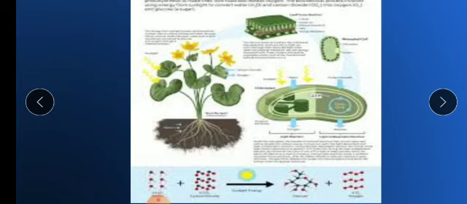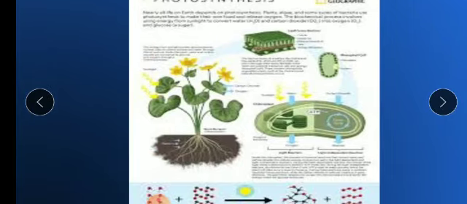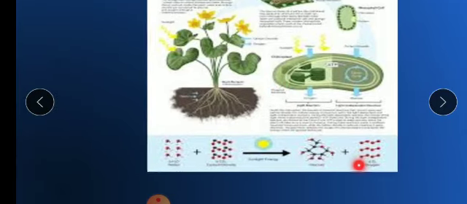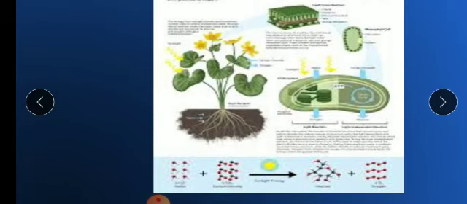Now, the mechanism of photosynthesis, I have explained in my videos: photolysis of water. Due to the action of sunlight, the water compound is split into hydrogen ion and hydroxyl ion, and from the hydroxyl ion oxygen gas is produced. So after this reaction, we get oxygen from the water molecule, not from the carbon dioxide. So remember these points.